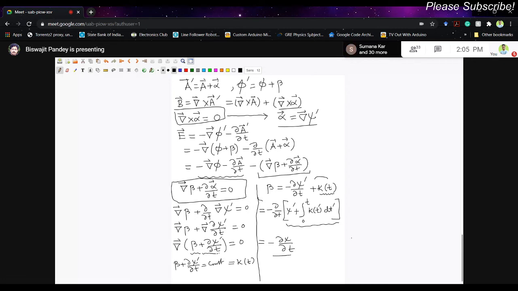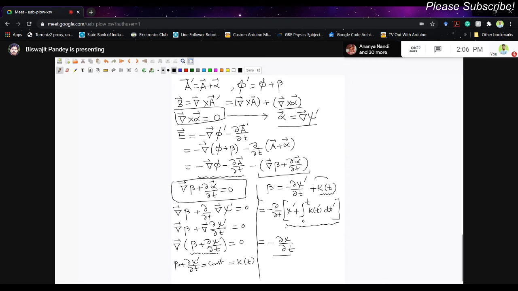This is beta, right? And you see there is some arbitrary term over there. It is a time-dependent thing, so if I take a grad of that, it will not change. The spatial gradients of psi prime and psi will be the same. They are not different. So this is something that depends on time, del psi del t. If I operate del on this function, that will give me the same thing. Grad of psi prime will be grad of psi.